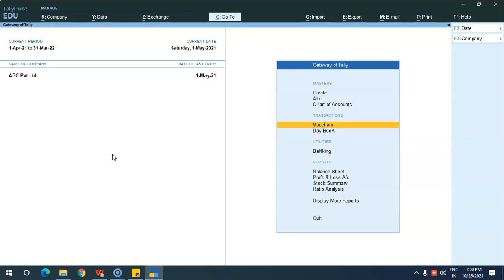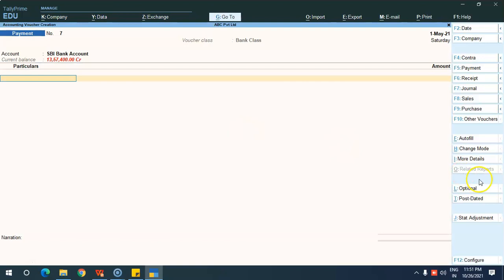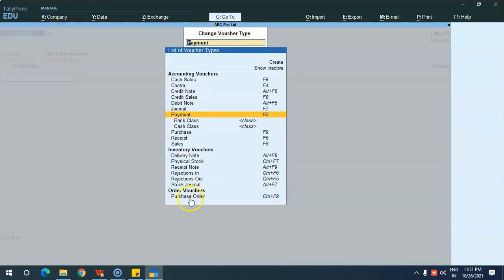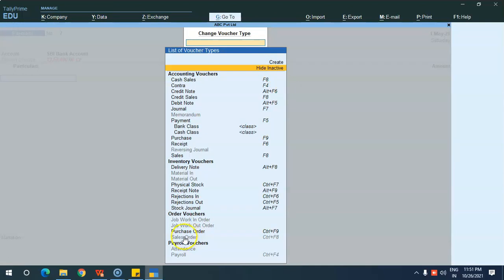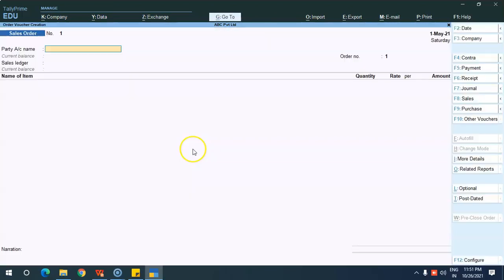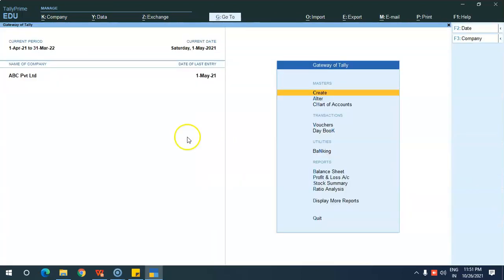So the same procedure is for sale order also. Okay, so sale order. Just go to other vouchers and show inactive. Double click on sale order and activate it. So when you receive a purchase order from your customer, you will be raising a sale order in your books. Against the sale order, you will be delivering the goods in the delivery note, and you will be accounting in the delivery note. Then once the customer has confirmed the purchase of the goods, you will be raising a sale invoice. So against the sale invoice, finally you will be receiving the payment. Okay. So this is the sale and purchase order management.